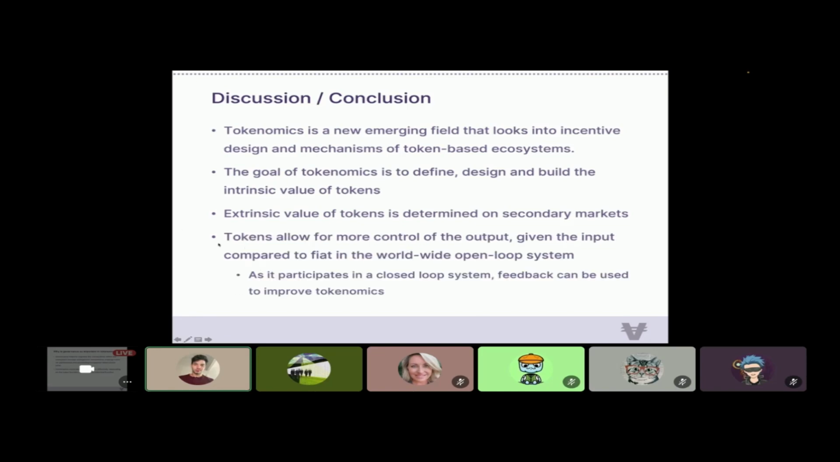So to distinguish the token-based economy from the worldwide fiat economy, tokens allow for more control of the output given the input. So at least tokenomics allow for more control of the output given the input, compared to fiat in a worldwide open loop system, where the output might be predicted but is still unclear, as our world is quite complex. So we can use feedback to improve our tokenomics, and that is probably something we will do with the